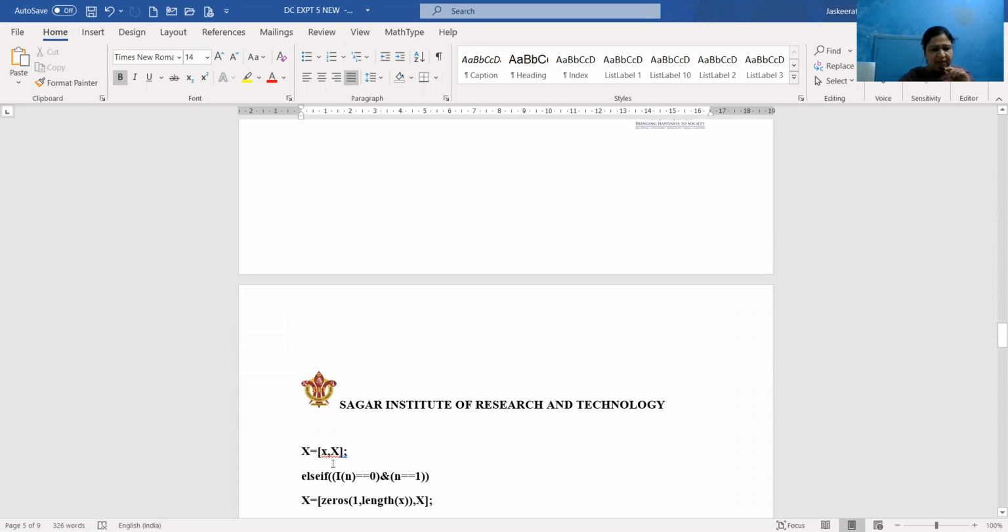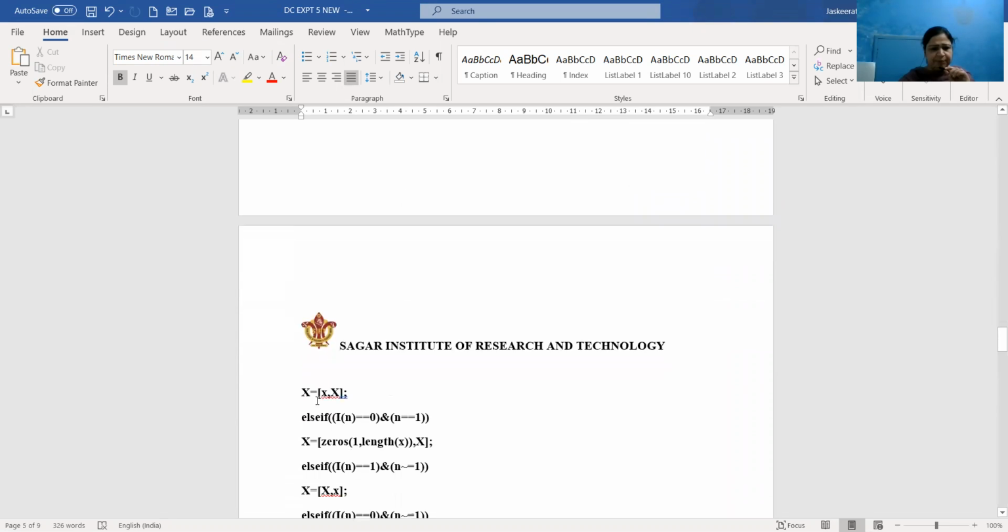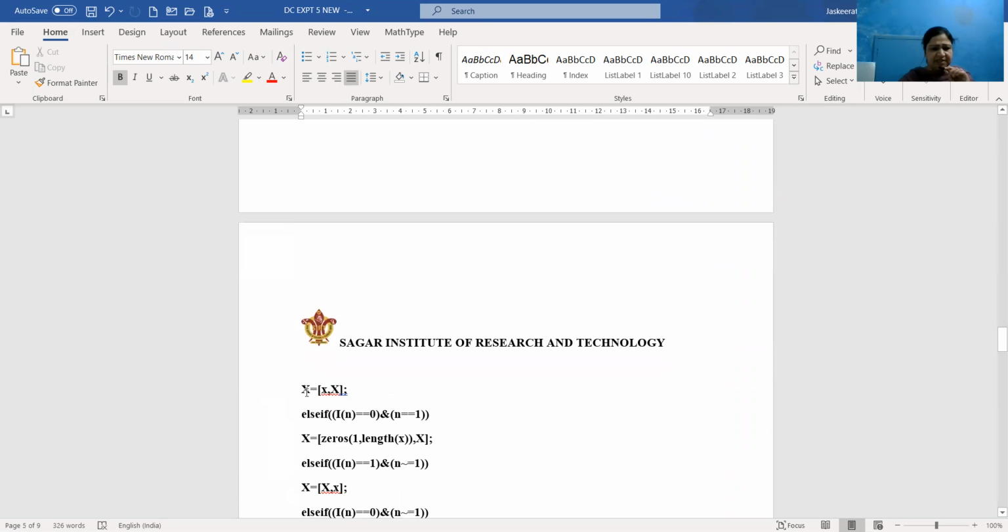and the rest of the signal will be the ASK modulated wave, which would have been previously considered. So it will be written as capital X is equal to small x, which is represented by a carrier frequency, comma, capital X. Else if, that means the second condition is taken, that is if in is equal to 0 and